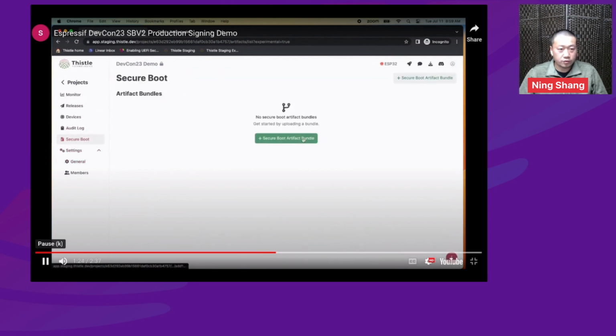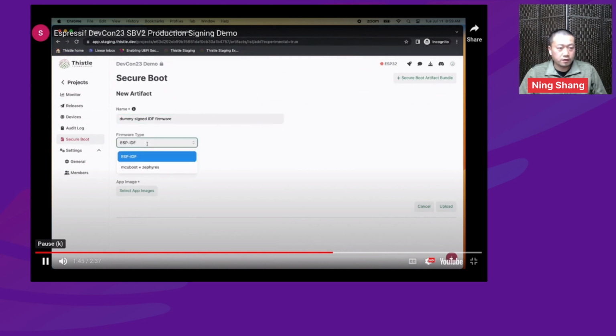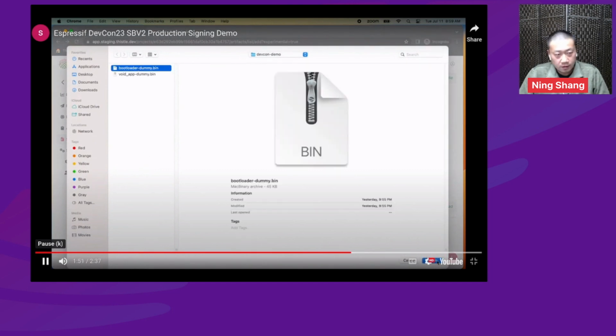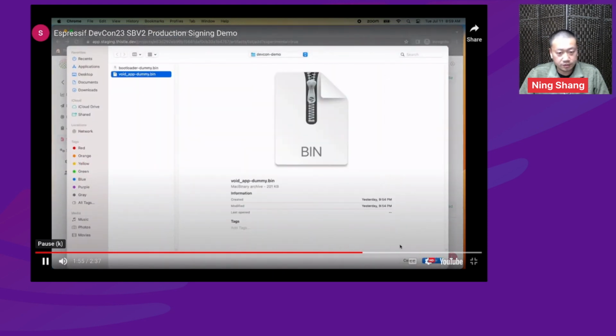Now let's go to the Secure Boot field and upload a firmware bundle. We call it a dummy signed IDF firmware. These firmware images are signed using the previously mentioned method in development. So let's upload the bootloader image and the app image.